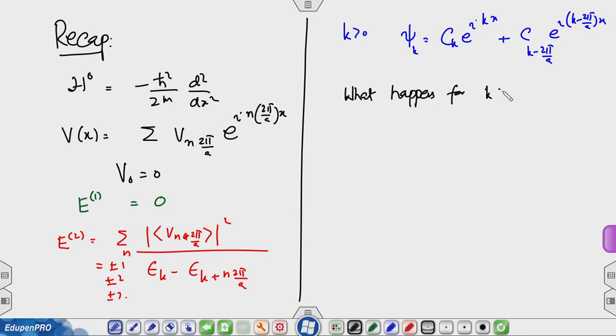for k greater than pi by a? So, I am just focusing on one side, and you may have realized by now, if you go to the other side, it is just a mirror reflection of that. So, let us see now what I plotted up to pi by a was